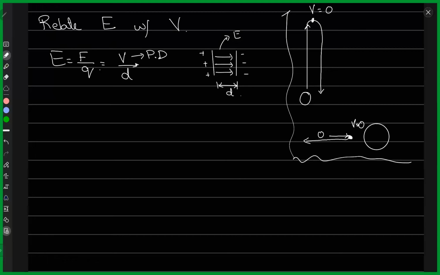Now, you should be familiar with this expression. I'm not going into its details because this is what you learn in uniform fields in AS. I'm going to write it in another fashion in terms of a gradient, and that is something that you will learn now, that an electric field strength can be written as a negative